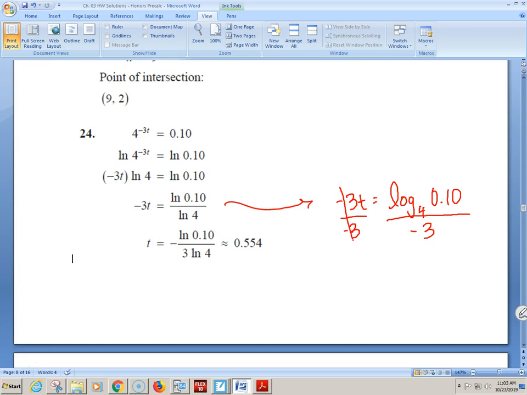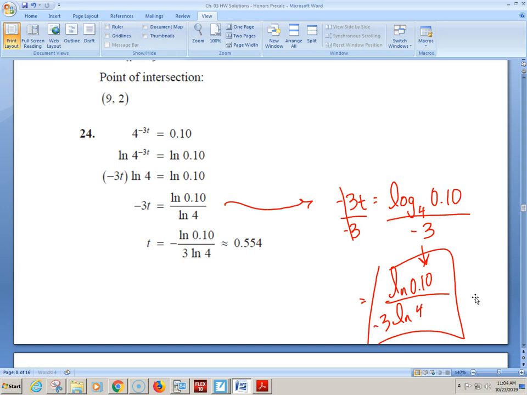So you could solve the way they're solving, using ln's instead of log base 4s. Or you can get down to something like this. If you don't just want to plug everything into your calculator and make it match, you could, at this point, use the change of base formula to get exactly where they go. But why are they showing the decimal? Because if you plug this in, you would have also been right, and it would have been